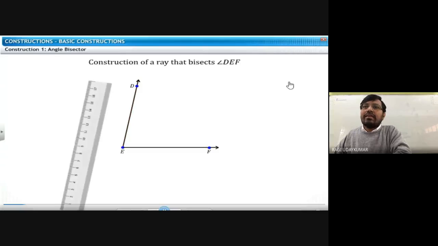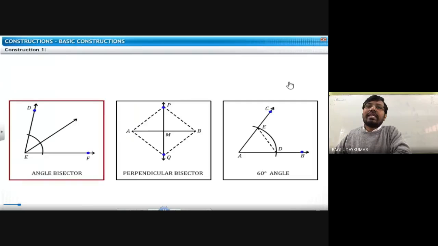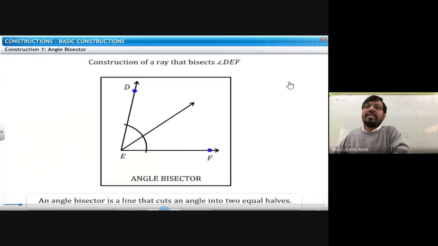Okay, angle bisector. Bi is nothing but two, sector is nothing but cutting. Secting is nothing but cutting. So an angle bisector is the line that cuts the angle into two equal halves. So see here, plural of the half is